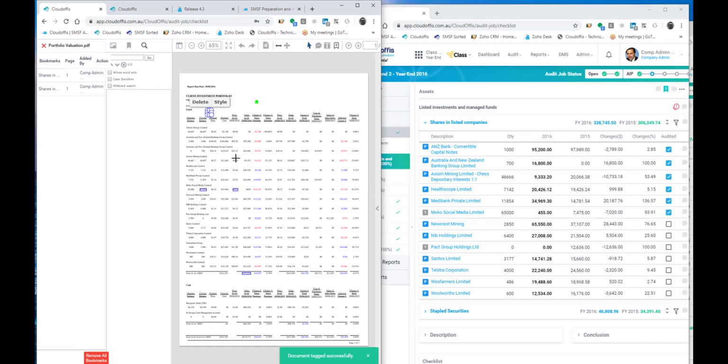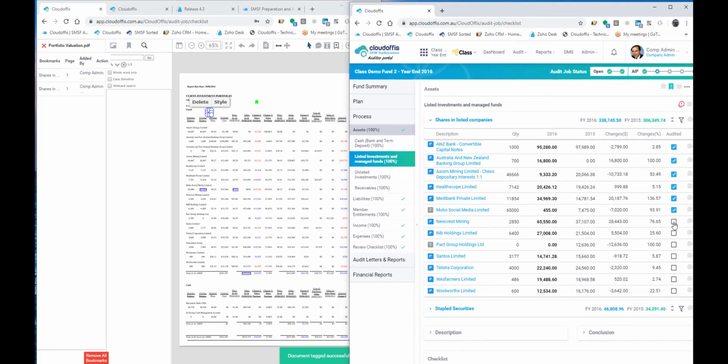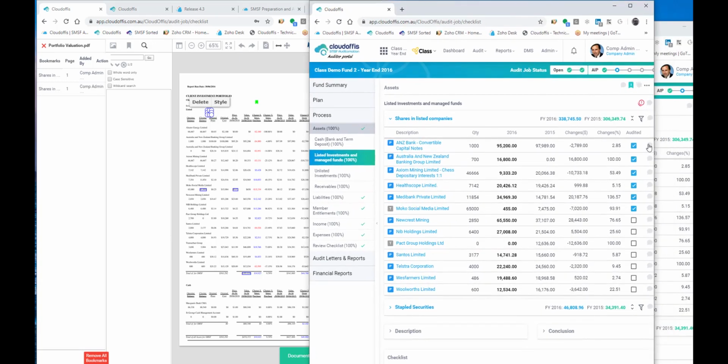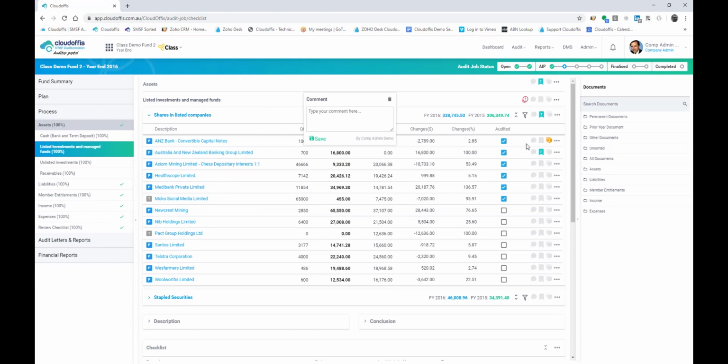Okay, so I can go through and just check all of those documents. Of course, working with two screens, it'll be much more user-friendly, but just so I can demonstrate, I thought I'd split that. So I've got this tab, which is open and active, and the doc opened at the same time. If I did spot something, I would be able to use the new function that we have, which I'll expand out again. Another new function that we have is the ability to make